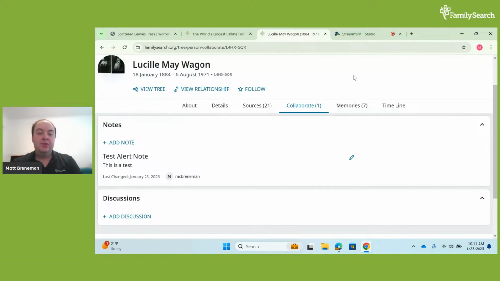And so these are great tools to help you collaborate with other users who may be family members you may know, or maybe even more distant cousins who are also working on their ancestors on the FamilySearch Family Tree.